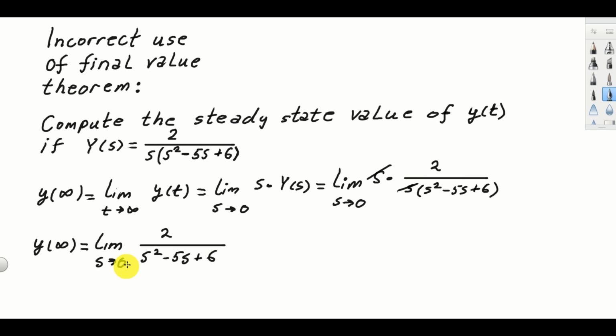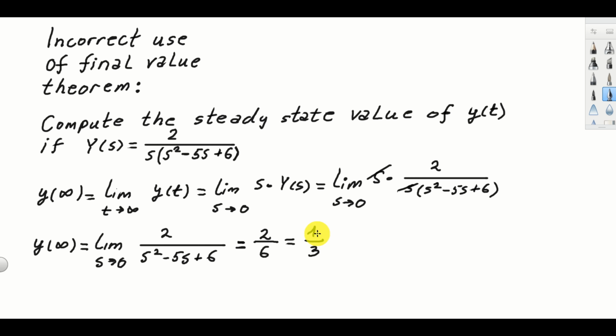And let's compute this limit. We substitute simply s for 0 over here, and we obtain that this is 2 over 6, and this is actually 1 over 3. Okay, so we obtain the result, 1 over 3,